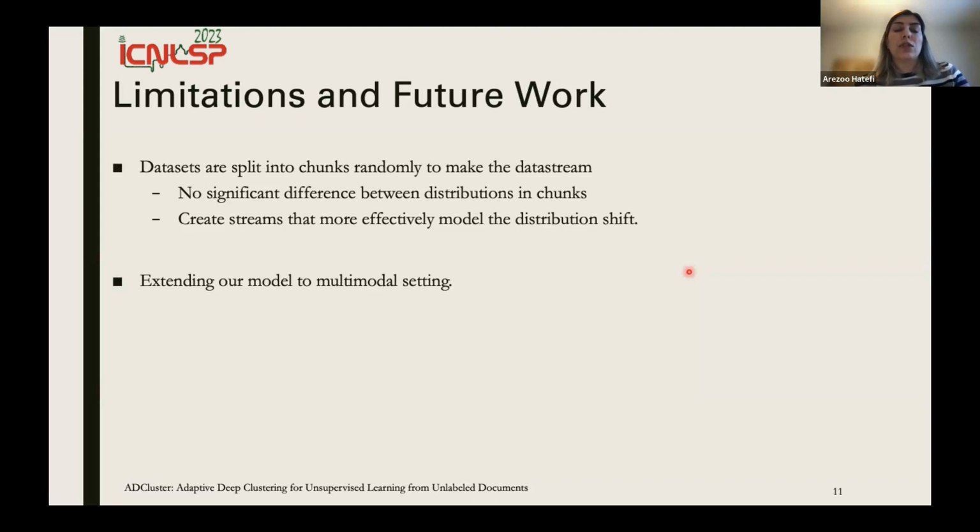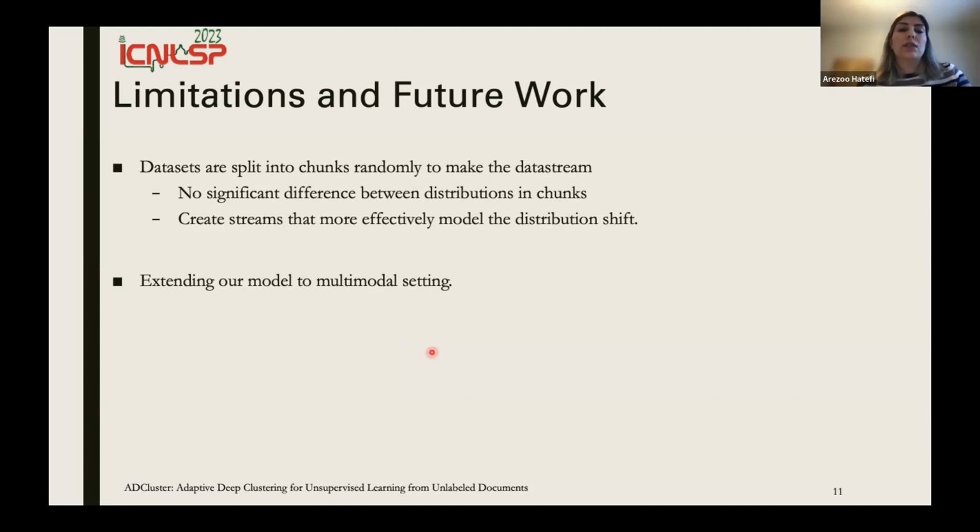In future, we would like to make data streams that more effectively model this distribution shift and repeat these experiments, see how our model performs in these situations, and then adapt our model accordingly. Also, text documents, especially news articles, which are of more interest for our research, are usually accompanied by other modalities such as images, videos, or audios.